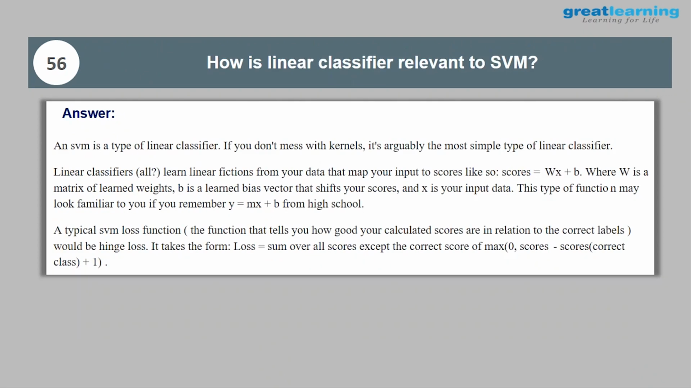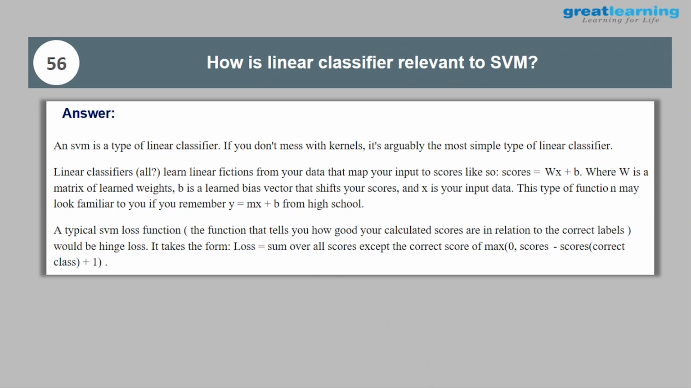Now let's have a look at how is linear classifier relevant to SVM. SVM is a type of linear classifier. If you don't mix in kernels, it's arguably the most simple type of linear classifier. Linear classifiers all learn linear functions from your data that map your input to scores like so. Score is equal to Wx plus b, where W is a matrix of learned weights, b is a learned bias vector that shifts your score, and x is your input data. This type of function may look familiar to you if you remember y equals mx plus b